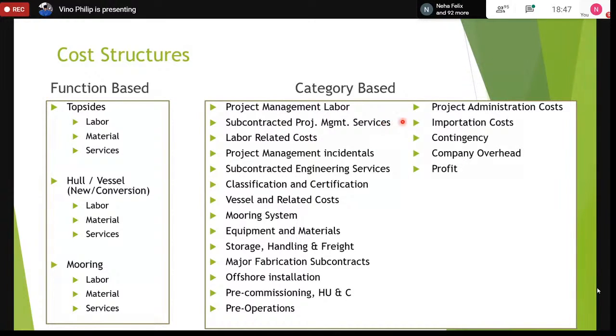When equipment is being manufactured at a vendor facility, a factory, we have to go there and do the third-party inspection. We have to send our third parties, MODEC's representatives, to audit the fabrication facility and the factory acceptance testing. We have to witness all of that, and we have documentation to make that happen. That's all captured in this cost block. And we have project management incidentals, which are related to the facilities that we have to provide to the client and to our own staff at the different locations in the yards. We have to create our own engineering offices. We have to provide desks, IT equipment and all of those. That is the project management incidentals. The subcontracted engineering services is related to